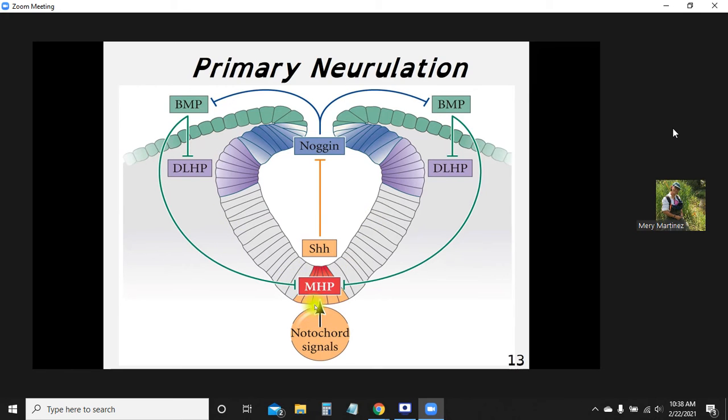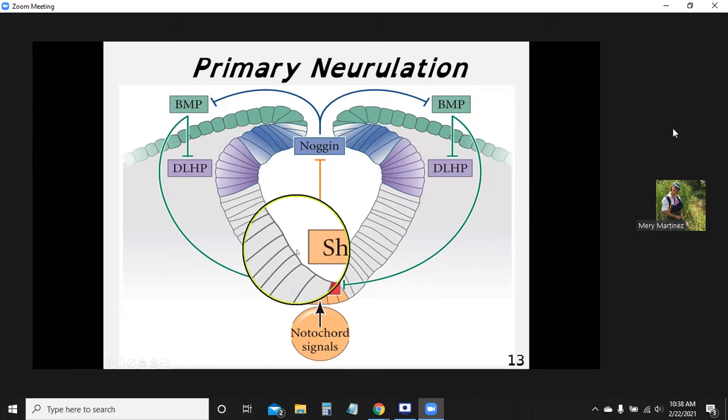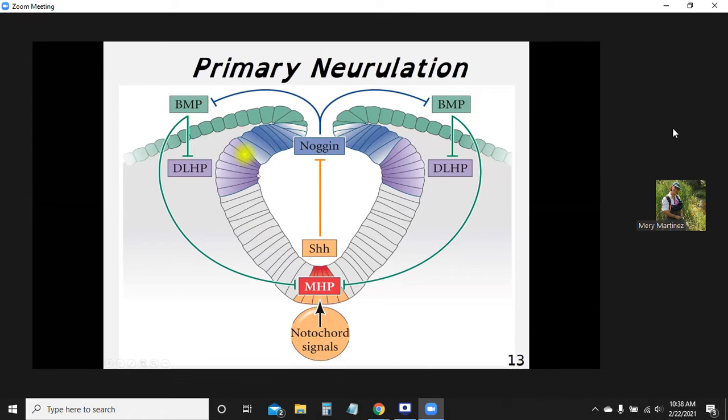So without this, we won't be able to lift each of the sides, right? Remember, it's a plate, it's flat. So we need this notochord to induce the hinge point so each side can elevate, okay? And this is with great amounts of Sonic hedgehog. Now, as they are going up and getting to the midpoint of the embryo, the midline of the embryo,